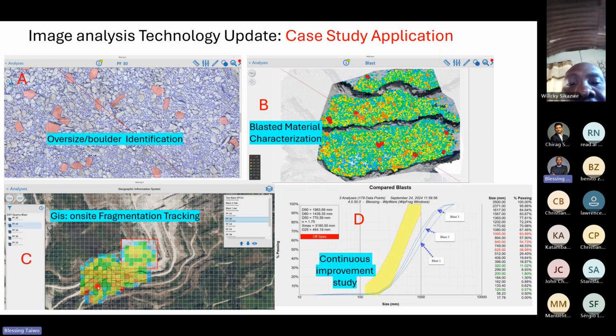So here the image analysis technology is going to show you where you see red dots on the benches are places where the big boulders are coming from in that blast. So having known that the boulders are coming from those zones, you can pay attention to the next design by focusing on those areas, because the software is going to give you a 10 by 10 meter grid section. As you can see, each of the boxes is 10 meters by 10 meters, so you can easily know exactly that section.